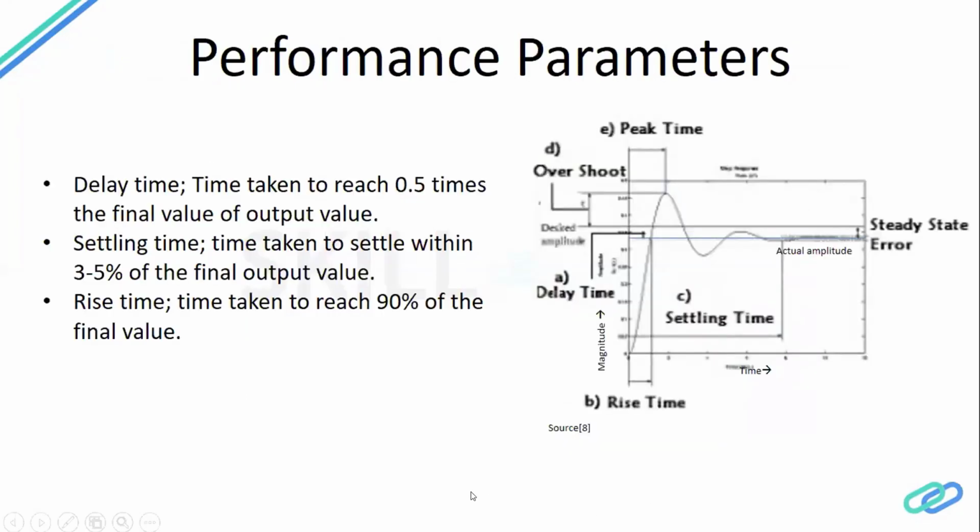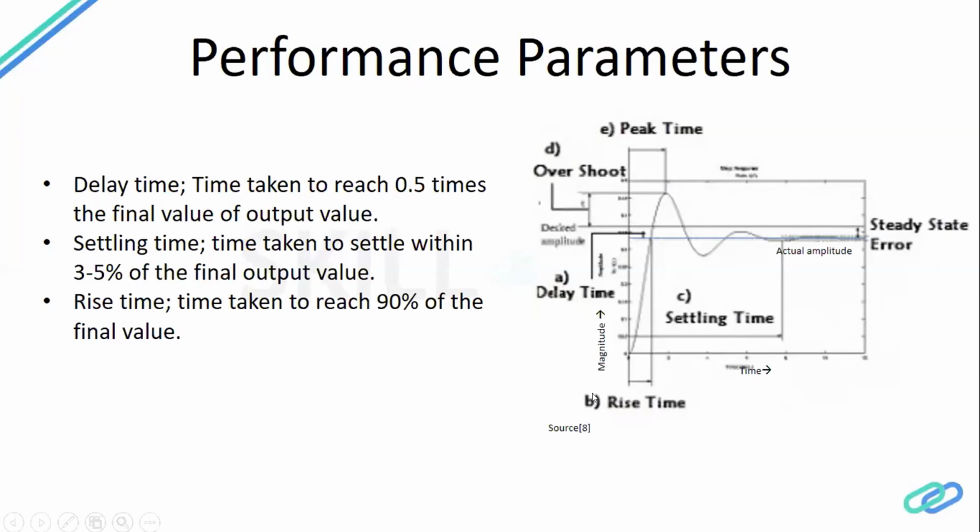Then what performance parameters do we consider when we try to design a controller? That is the most important question. If you are designing a controller in the company for a system, this is the first question you have to tackle while presenting your plan: what you are basically trying to solve, what is the actual performance problem that you are trying to solve, whether you want to increase the system response, whether you want to actuate that system automatically. Those kinds of things you have to present in terms of these parameters.